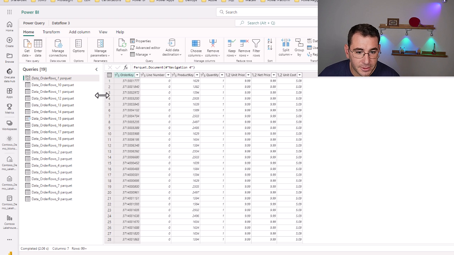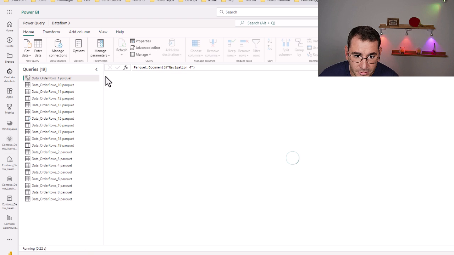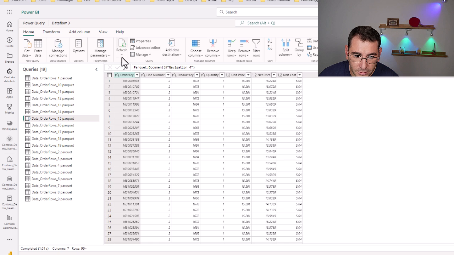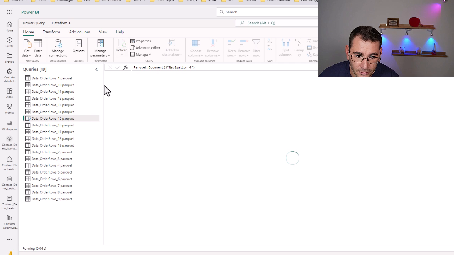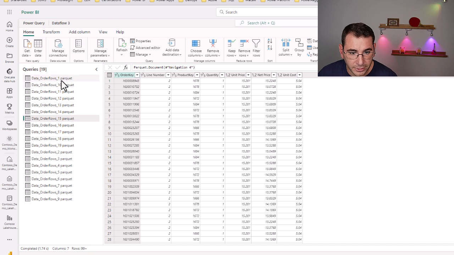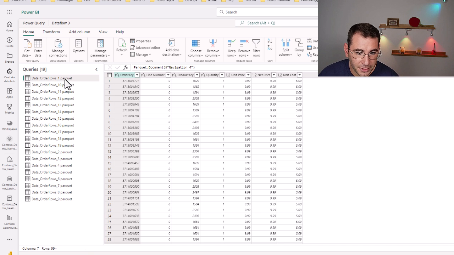All right, as you can see, everything loaded except the first one. It's still not recognized as a table, so I'm going to refresh this. Okay, perfect. And then here we have a question mark on the 15th. Let's refresh this as well and get rid of the question mark. Okay, perfect. Now we can rename the first one. I'm going to call this order, oops, no spaces. Remember,